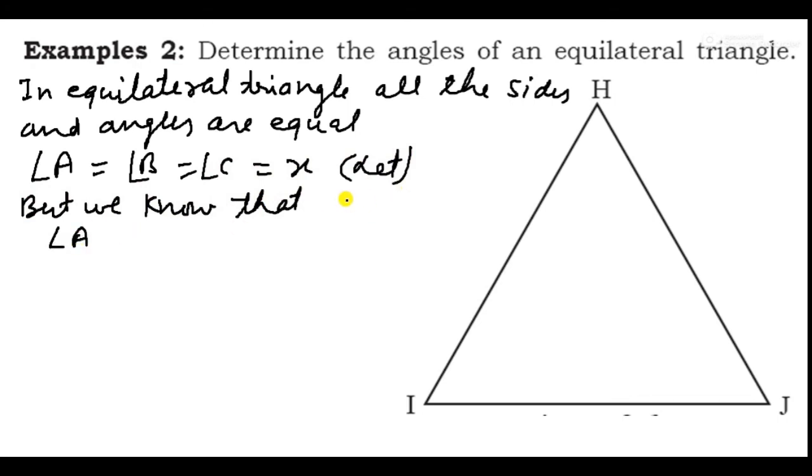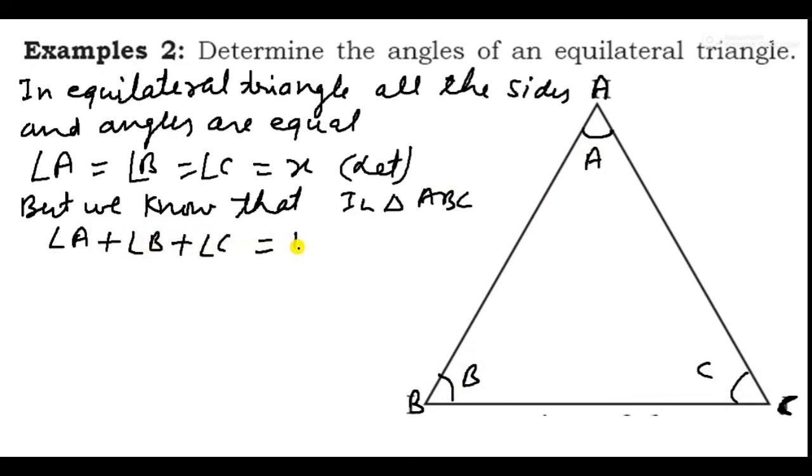in triangle ABC, you can write this is A, that is B and this is C. So naming, this angle is A, this angle is B, and this angle is C. So in triangle ABC, what will happen? Angle A plus angle B plus angle C is equal to 180 degrees.